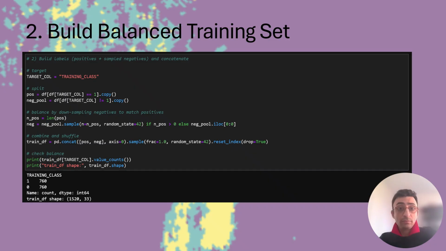This is the code. We set the target here. We predict training class. 1 means positive, 0 means background. Split the table here by positives, keep all positive rows, and keep the rest as candidate negatives. We count positives by n_pos, len of pos stores how many positives exist. This drives balancing. And to balance the classes,